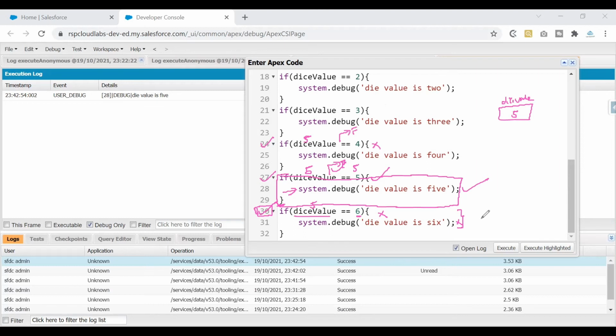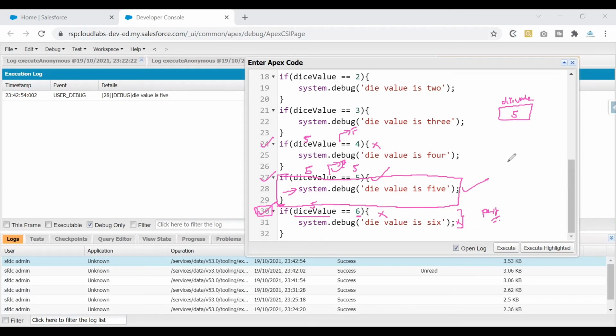Now, you might be thinking, what difference does it make? The answer lies in the performance. When you are running a huge code, things like this would add on to the time for the entire transaction. Such statements, if they are executed unnecessarily, would add up to the total time, and you would see a transaction being a little slower. Why? Because the system is unnecessarily spending time executing things that are not necessary.